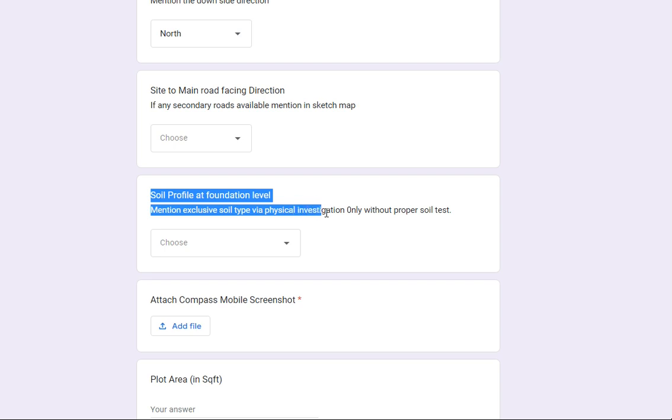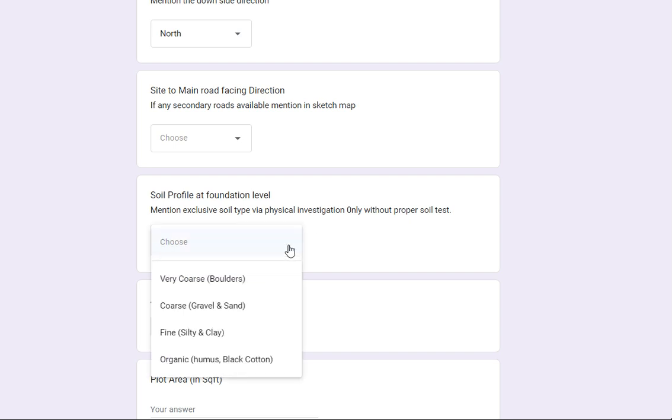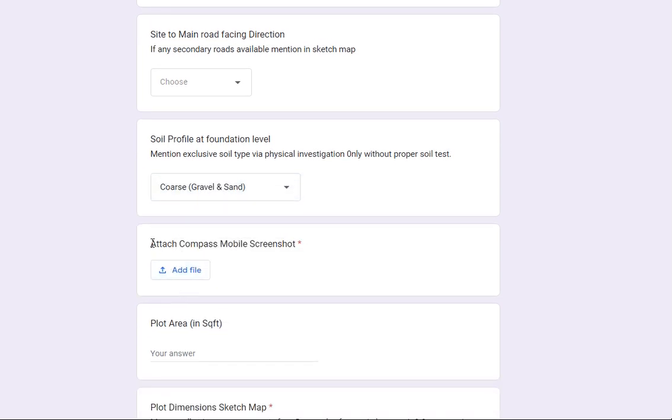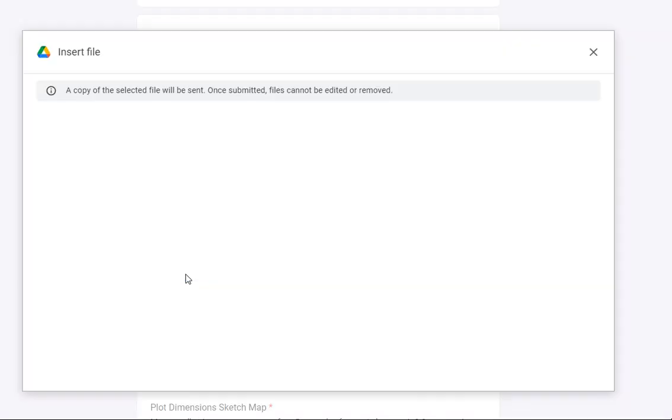In soil profile at foundation level, mention exclusive soil type by a physical investigation only, without proper soil test. No need to conduct any soil test, just mention what kind of soil it is. Okay, so I'm mentioning it is a gravel and sand type of condition. Okay, attach a compass mobile shot, attach